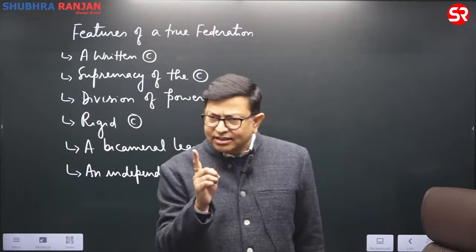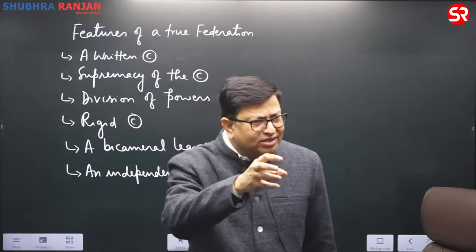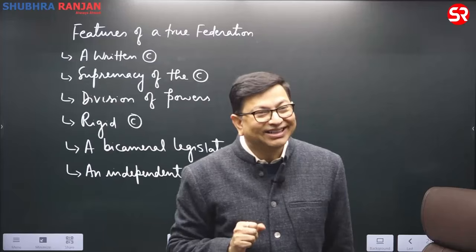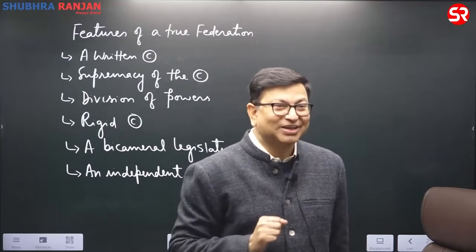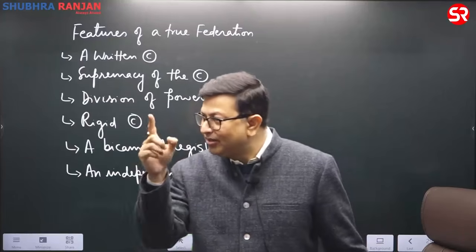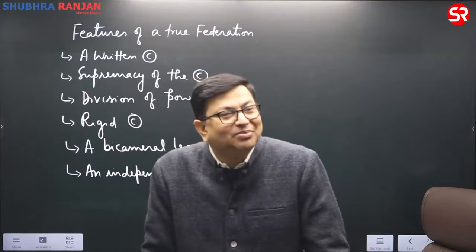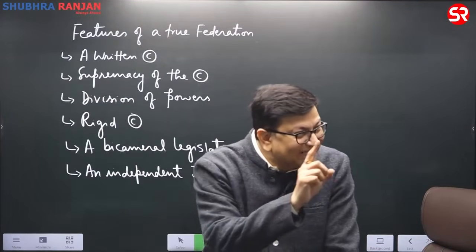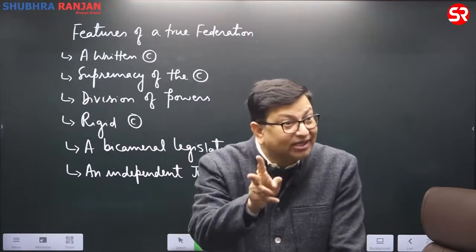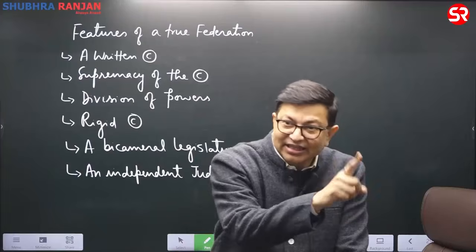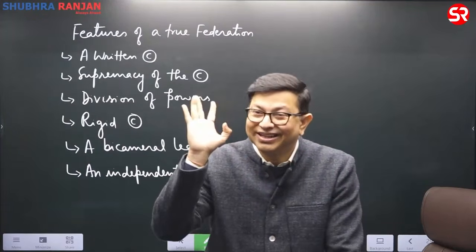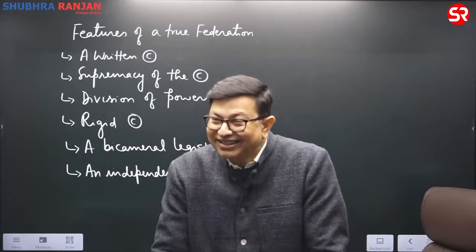Committed judiciary is a judiciary which is committed towards the government, the central government, which is a negative aspect. If a judiciary is committed towards the government in power, it will never be independent. And in a federal system, the judiciary has to be independent so that it will arbitrate the disputes that may arise between the center and the states or between the states themselves, neutrally. That is why an independent judiciary is there.